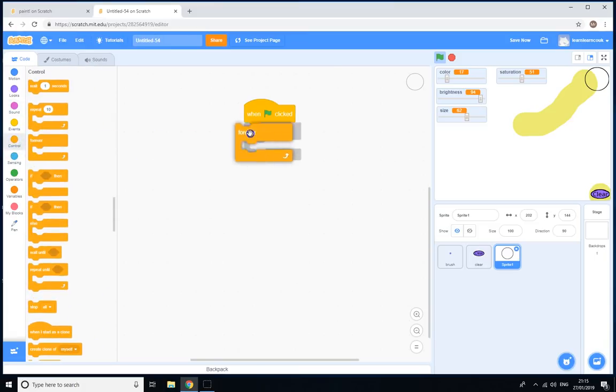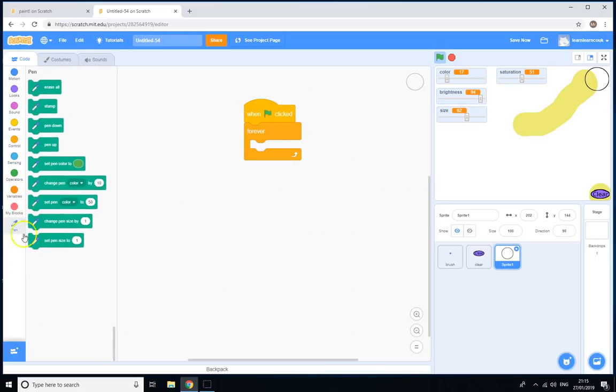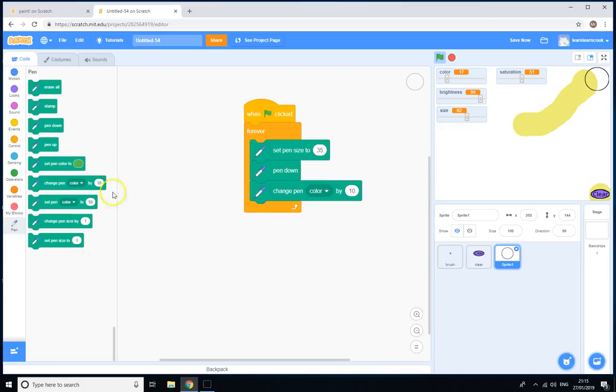Control, forever. And this time, where are we at? Go back down to pen. This time we're going to set the pen size to, I think, about 30, 35. We'll find out in a minute. Let's try 35. And we'll put the pen down. And we do colour,